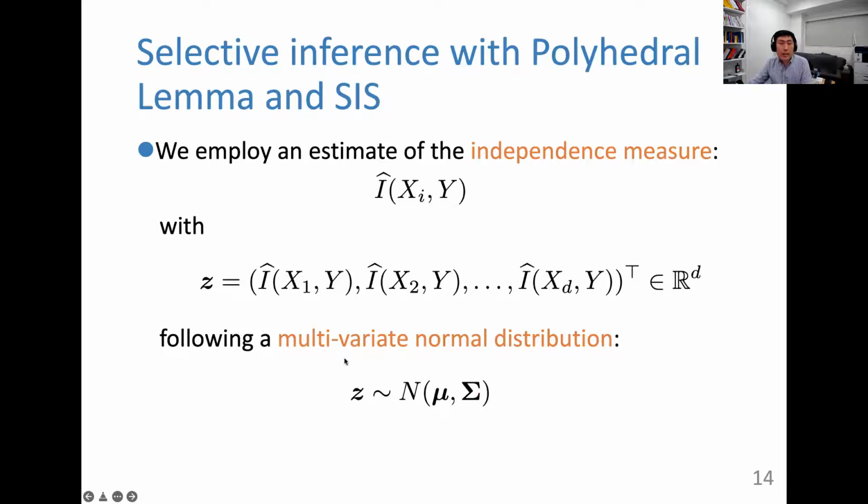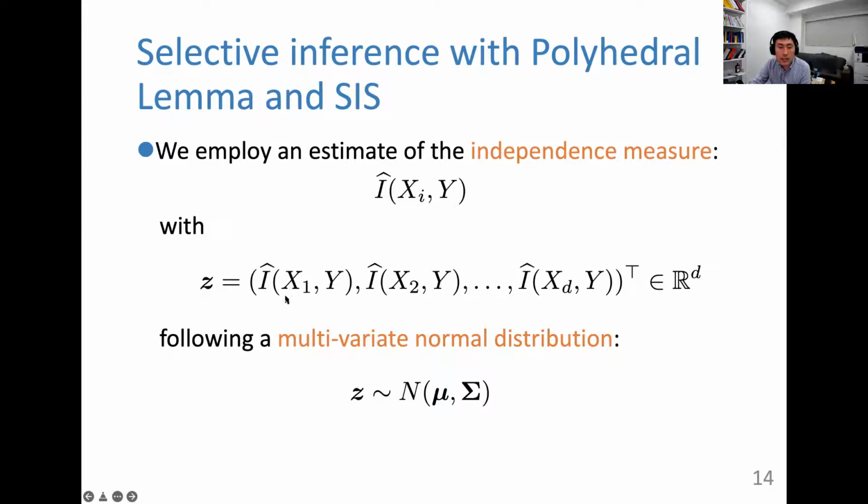From now, I want to explain the polyhedral lemma-based approach. I set the independence measure as I hat, so we employ an estimate of the independence measure. This can be any independence measure. Now I consider the selective independence test case, X and Y. Let me write Z, a vector,